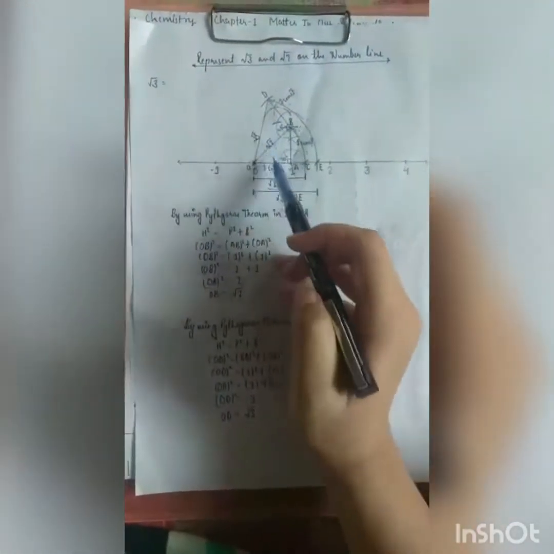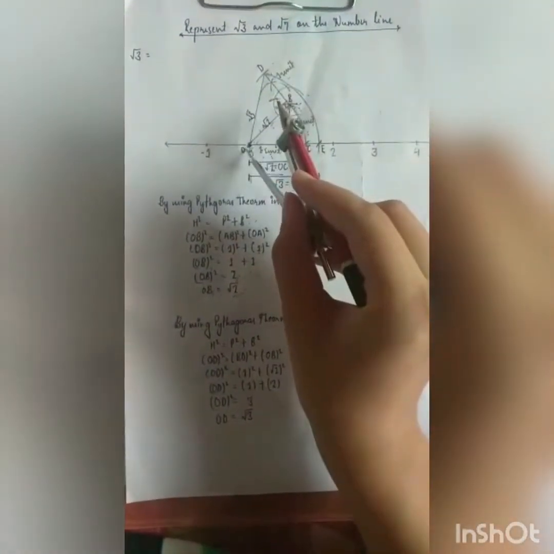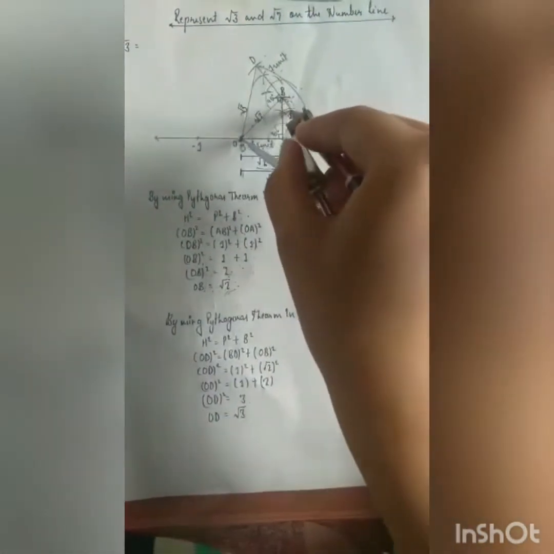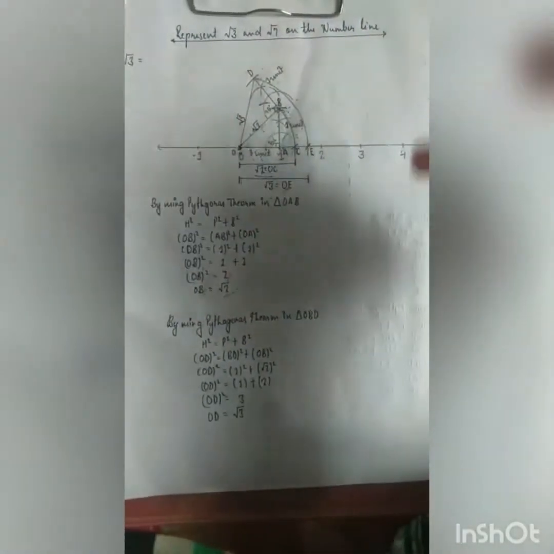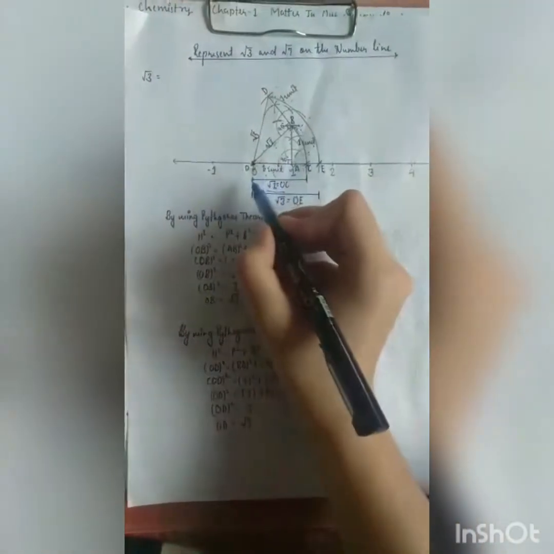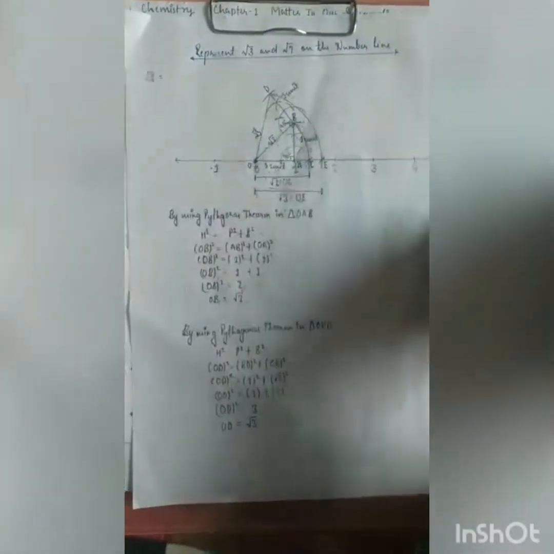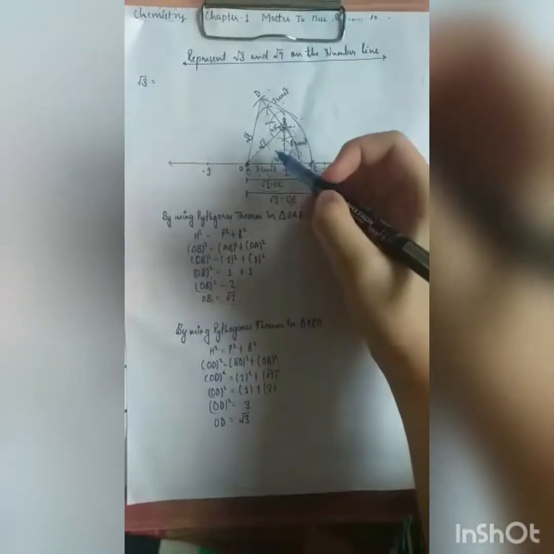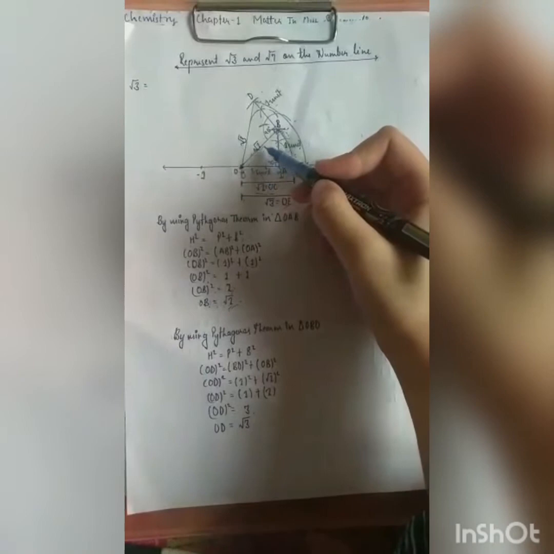Now to represent root 2 on number line, by using compass, put the compass point on point O and draw an arc on number line, and this specific point is root 2. Now from point O to point C is root 2. Now to represent root 3 on number line, we already know that OB is root 2, and